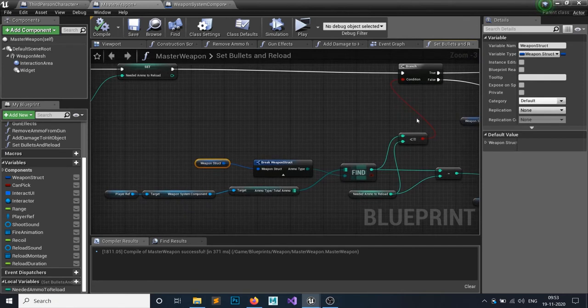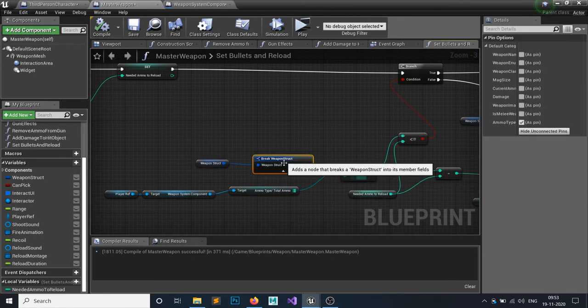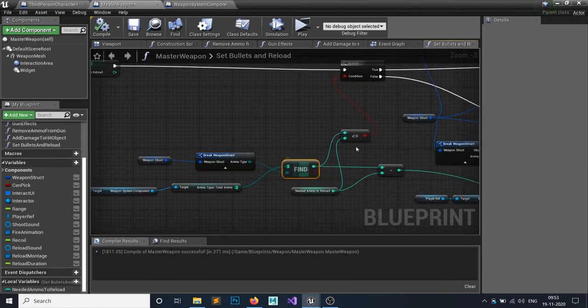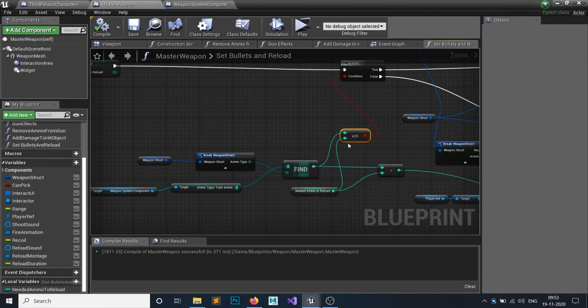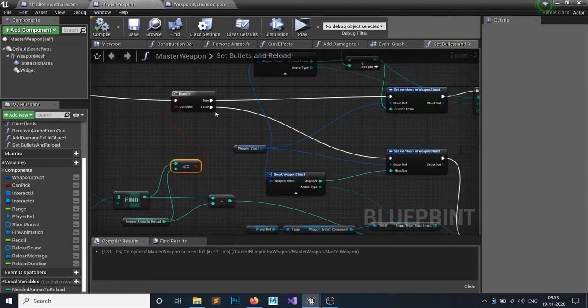Then we check whether my inventory ammo is less than or equal to the ammo I need. Let's say I need 30 bullets to reload, but in my inventory I only have 20 bullets, then it will follow the true part, otherwise false.